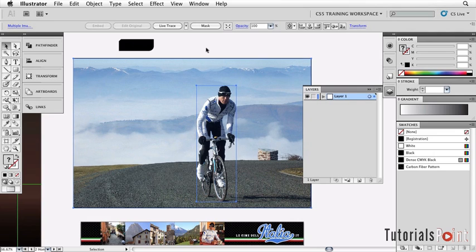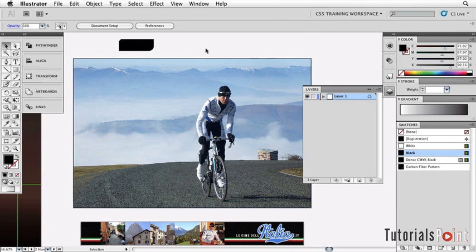Alright, now what we want to do is, let's say this is going to be the image for our web page, and we have a series of stripes that come through the design here, which might be our menu bar, and a logo and that sort of thing. It'd be really cool if they actually came into the image here and underneath me and out the other side. So instead of going into Photoshop and having to separate things and bring Illustrator files into Photoshop, we can